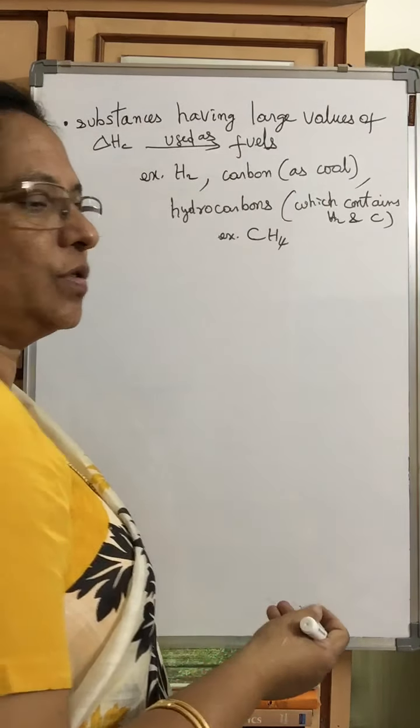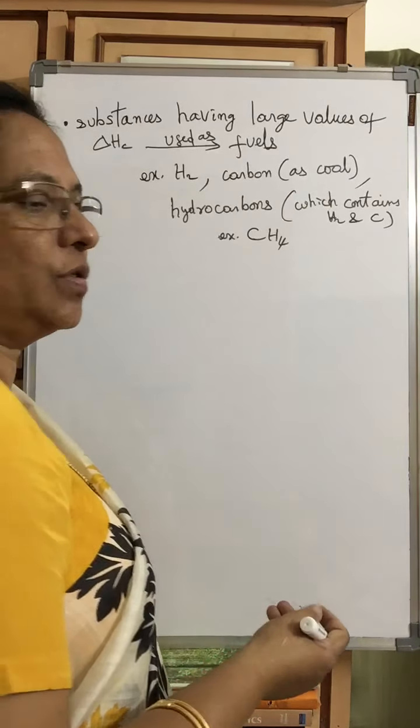And some other points: if you observe delta HF naught and delta HC definitions and equations that we have used, we can notice this point. They are special cases of delta HR naught. That means delta HF is also an enthalpy change only, isn't it? Delta HC also is an enthalpy change between the products and reactants. Delta HR also. Then what is the difference between these?